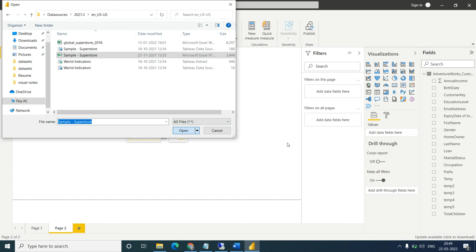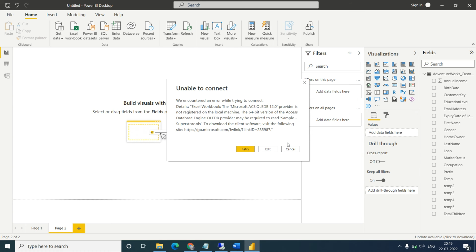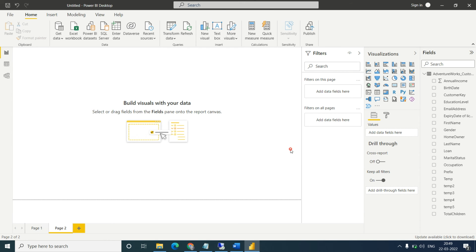Click on open. There is an issue with the Excel.